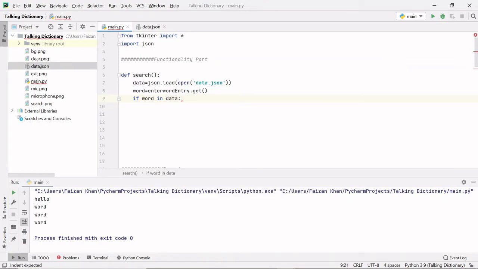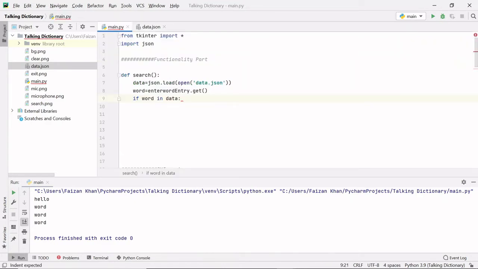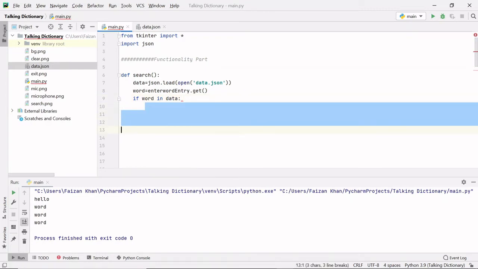If this word is present in this data, suppose we write some word inside the entry field, abandoned industrial site. If this is the word that we type there, so this word exists inside this data.json file, right? So this condition will become true, and whatever code you write here will be executed.